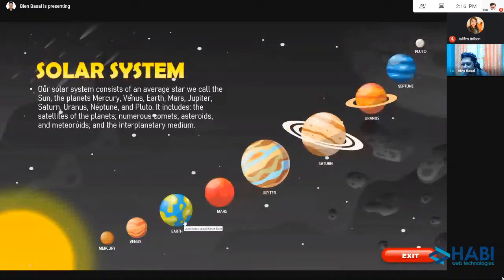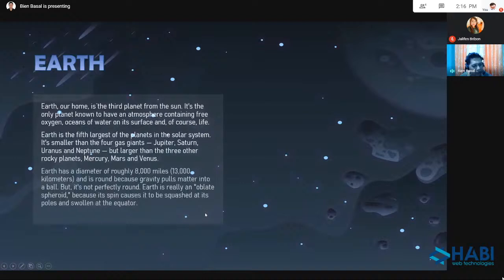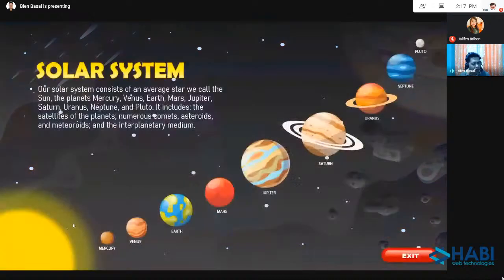Okay? So, if I click, for example, itong si Mercury, or let's say si Earth, ayan, lalabas po yung kanyang slide where you can read information po about sa Earth natin. Okay? And notice we have here the menu so that you can move back and forth po doon sa ating pong main menu.